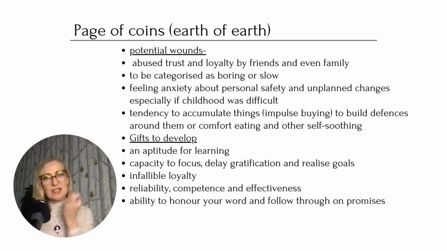Because we've got this Earth of Earth, it's a fixed energy. When they like something, they really like it. And when they love someone, they really love them. They make great partners and they make great friends. And they'll always be there for them. And what can be unfortunate is that they function like that. But if they have fire friends or air friends, they might move on to more interesting people, and that could be a real heartbreak for the Page of Coins child who really has fantastic capacity to be loyal, and you can trust them.